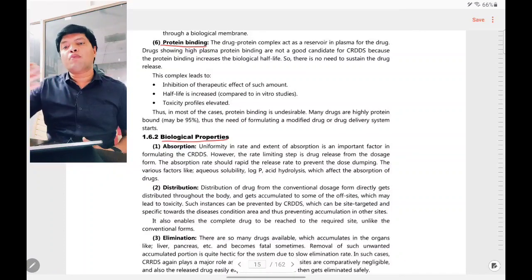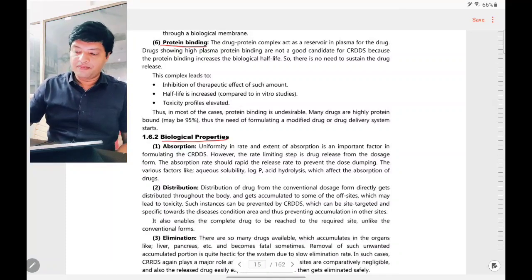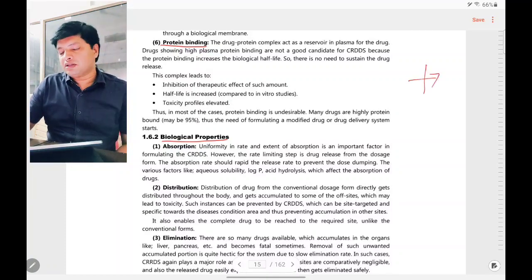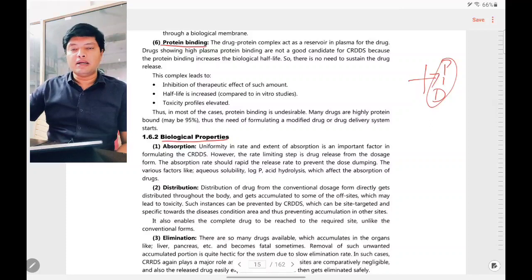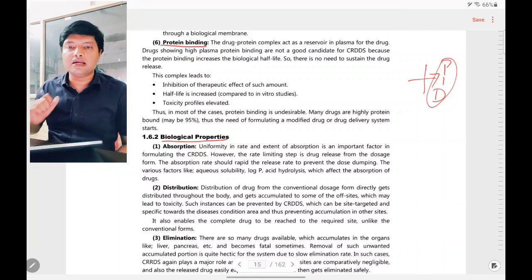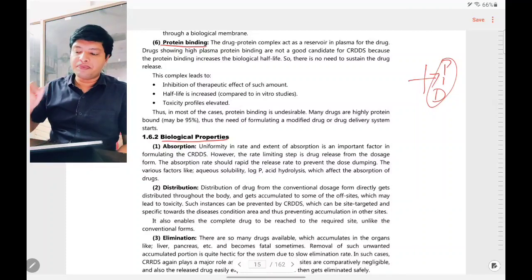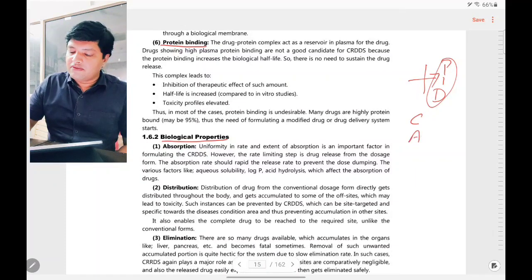If the drug is having more protein binding, now what happens? When the drug passes through the membrane, it binds to the protein, drug-protein. If it is having more protein binding, then the drug available for the action will be less. The concentration of drug available for the action will be less, because more drug is bound